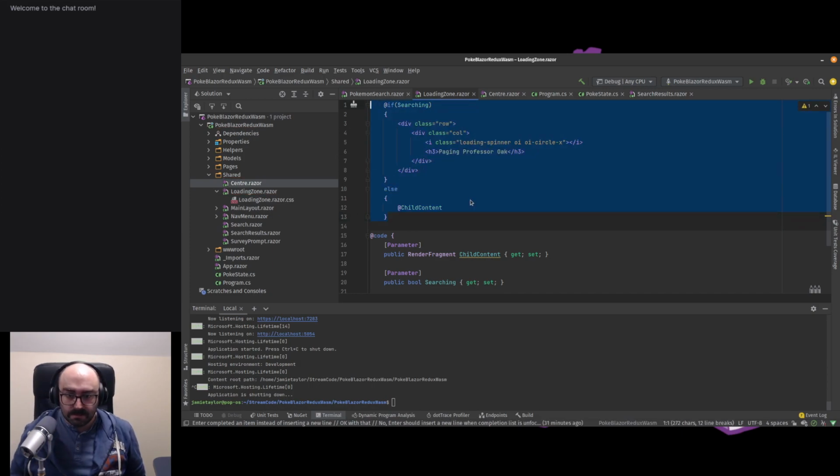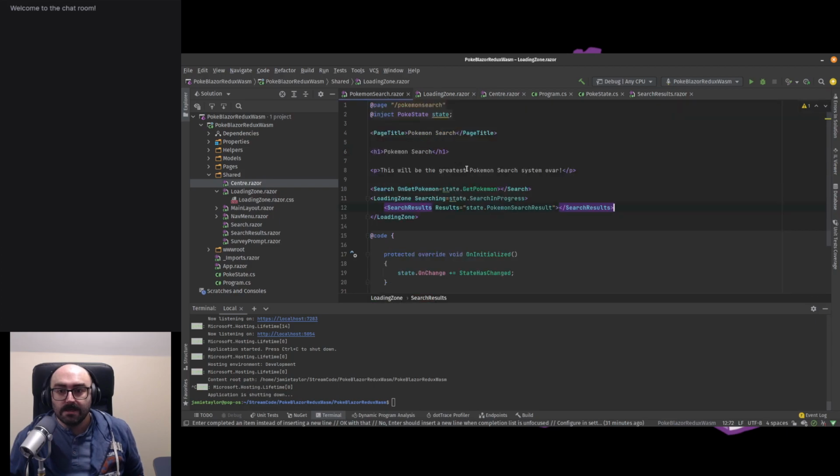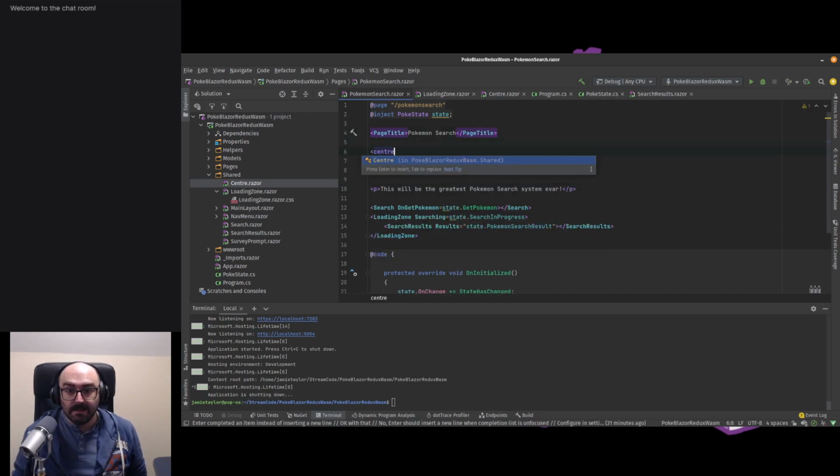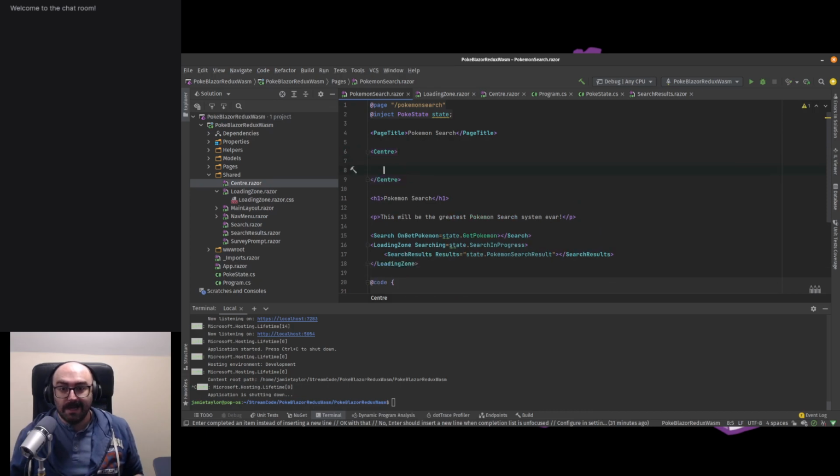Oh, gosh. Messed that up, didn't I? Oh, what I wanted to do is that. Okay, so the loading zone itself can be centered, but we want to center the whole thing. So why don't we center the whole page? Center. Right? And then we'll go